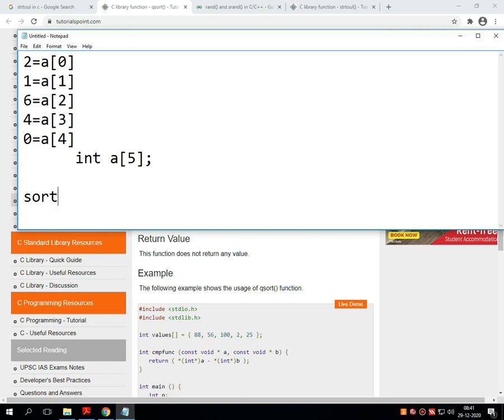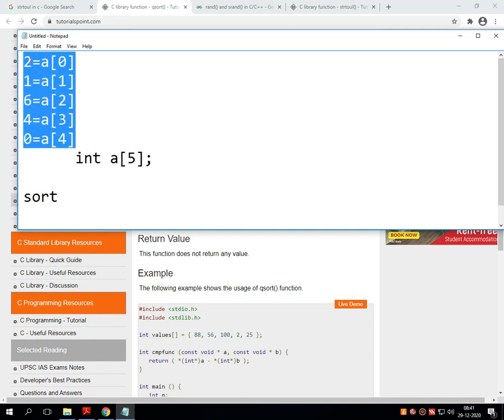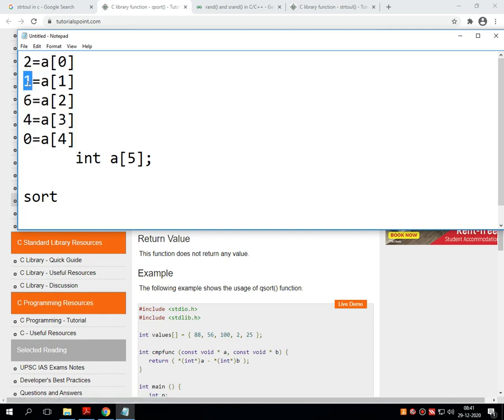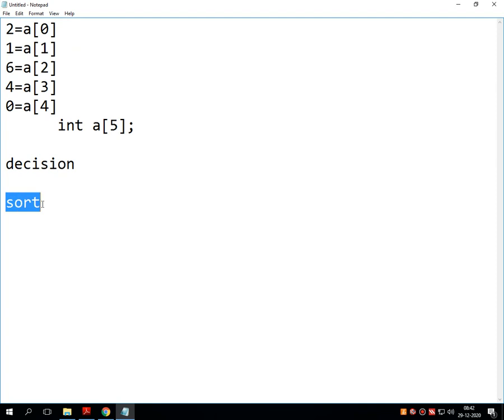Now what sorting does is it takes all the values one by one. It compares the first with the second, third, fourth and fifth, and as per the decision making statement given, it sorts the records.